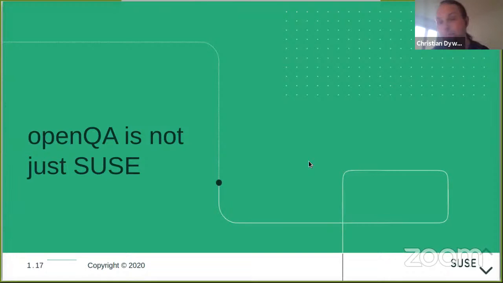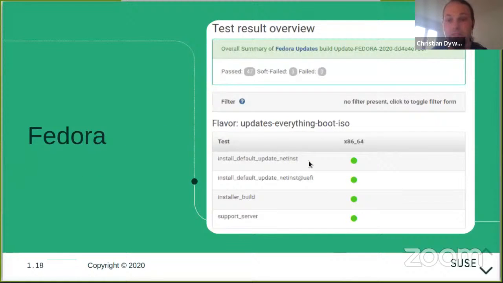And perhaps some people listening in are thinking, maybe I'm going to use openQA in the future. So for example, Fedora, another Linux distribution, uses openQA to test images with openQA.